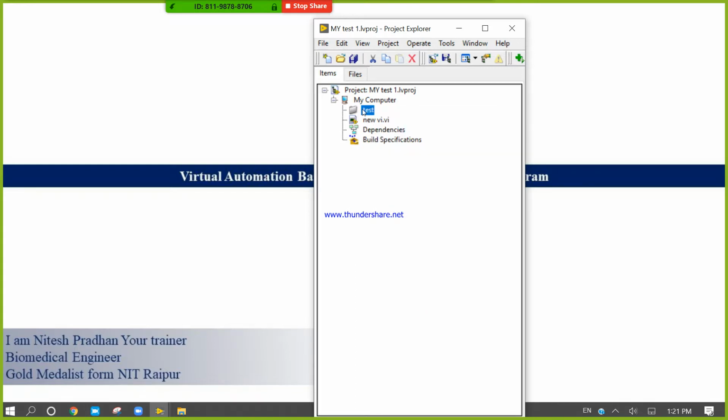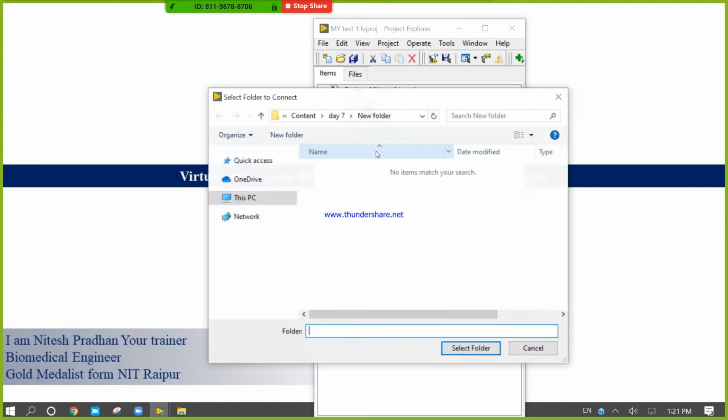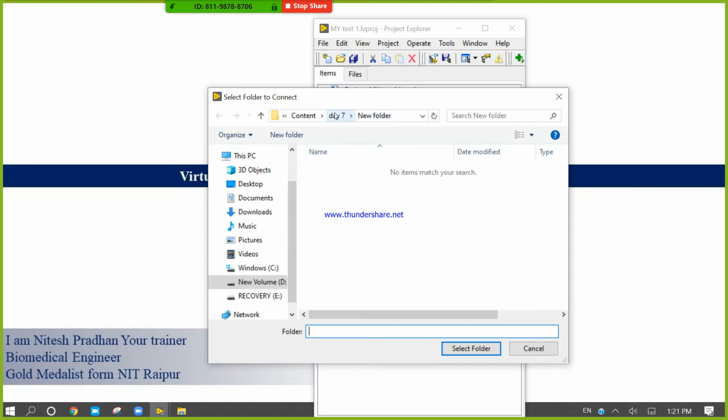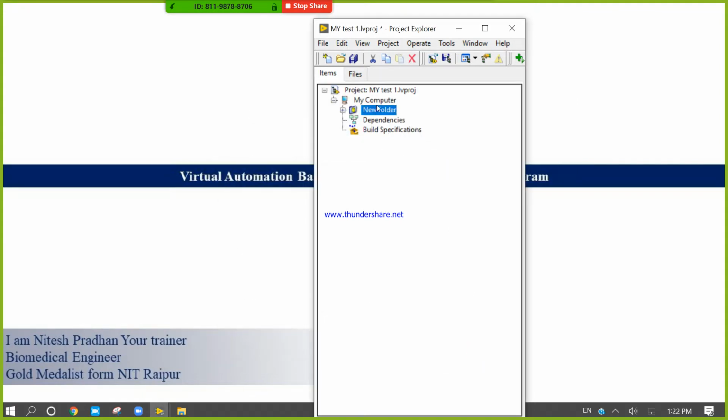So now come into the text, click on convert to auto populating folder, come into that platform. Okay, so inside the D7 I had created one new VI, a new folder. So I will click on this new folder and select. So now this new folder is an auto populating folder.